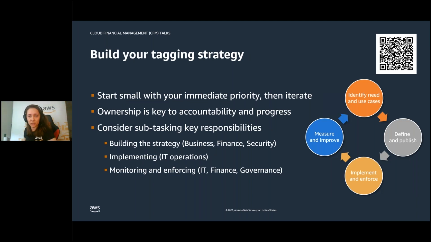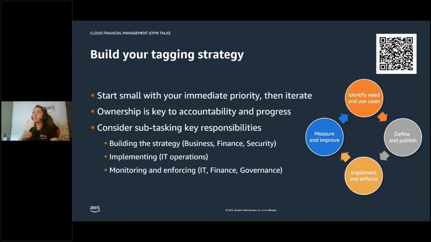So we talked about the strategy, right? The QR code that you see on the screen will refer you back to the tagging white paper. Last year, we updated the tagging best practices white paper. If you have not checked it yet, I highly recommend taking a look, because it talks about all of these elements quite in depth that we discussed with Michael today, both from the building blocks perspective and engaging the right stakeholders and the process, and also which tools and techniques you can use to actually implement the tagging strategy. So the key here is ownership, and also that you don't have to implement it across the whole organization